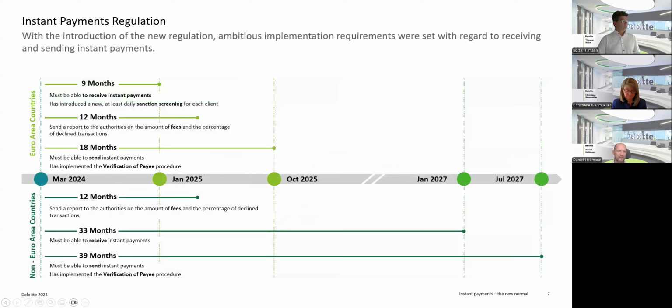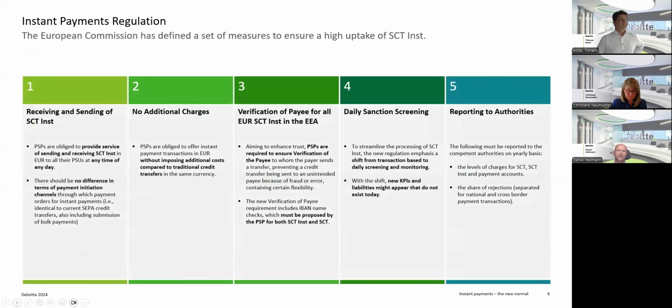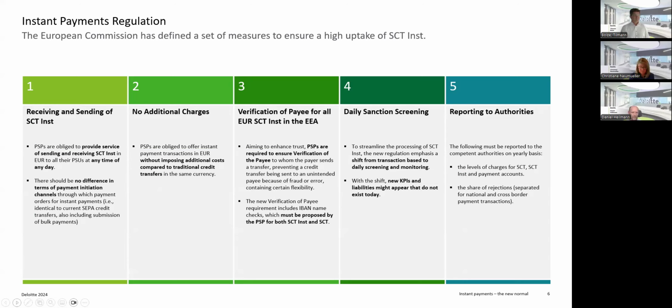the share of rejections. Can we go back, please? For credit transfers, instant credit transfers. And here it is very difficult to see because there can be several reasons for the rejections of a SEPA instant credit transfer. It can be on the payer's bank, but can also be on the beneficiary bank side. And it's very interesting to see how this reporting will be. And it's not 100% clear for the moment how this reporting has to look.